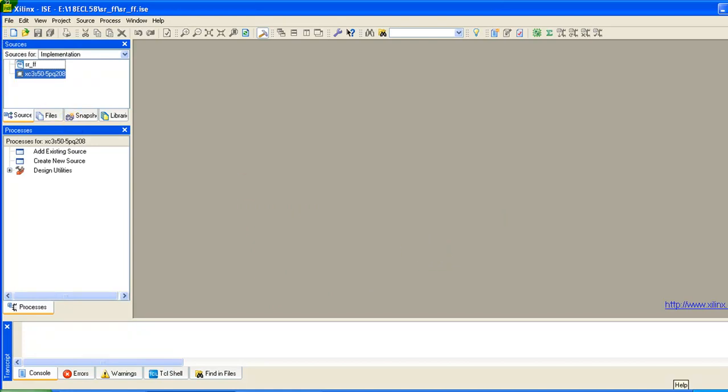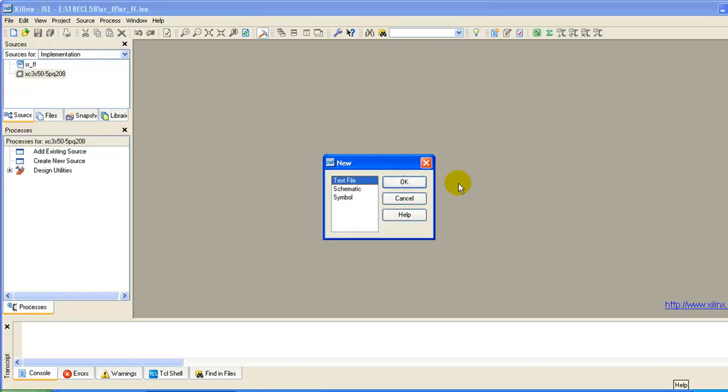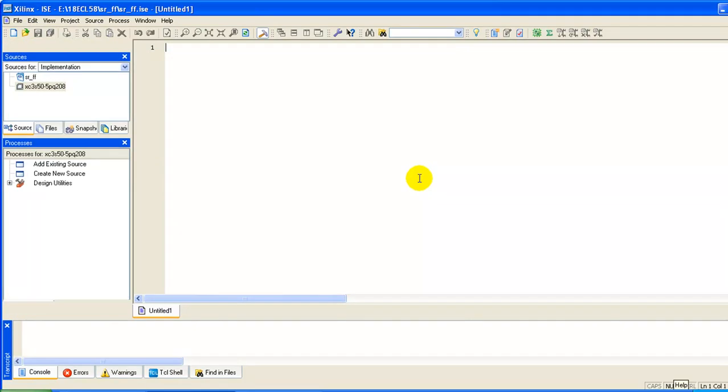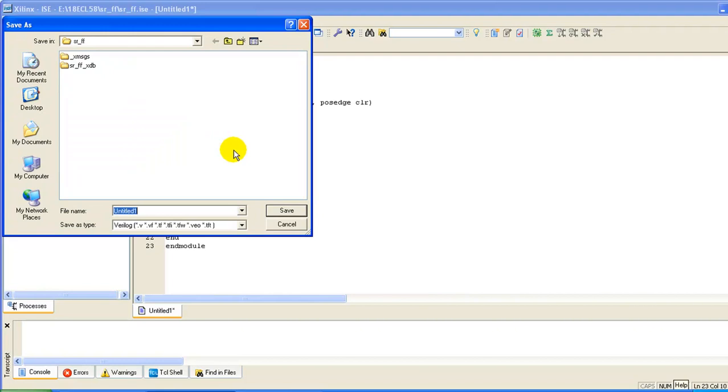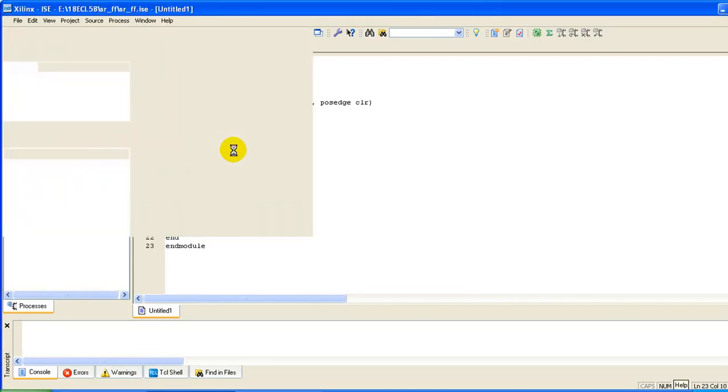Now to open the editor window, choose this option, select blank text file and paste the SR flip-flop code. Since I already developed the program for the SR flip-flop, I am copying it from my working directory and saving it in the text editor. Save this, give the file name as srff.v.